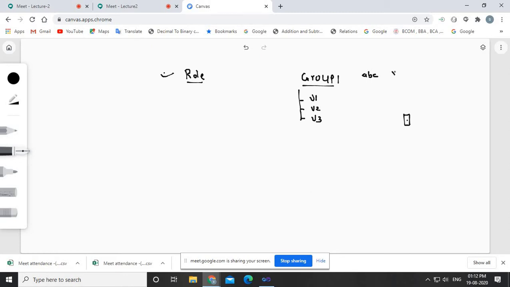Suppose the second student has the name XYZ. If I want to share this file, or make it accessible to this XYZ user, again I have to right click on this particular file, go into the security, and add this XYZ user. Then I choose whatever read or write privileges I want to share with this XYZ user, and click on OK. Then suppose another user PQR is there; again I need to repeat the same process.